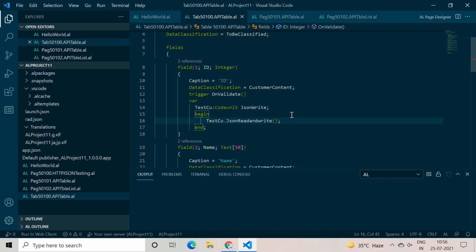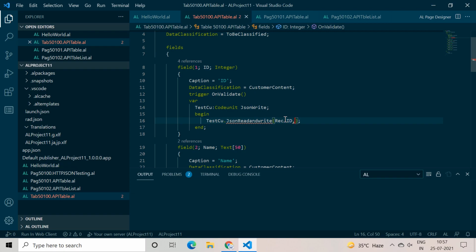All right, but now our requirement is that as soon as the user inputs this ID, we need to pass the value of this ID to this function. So what I can do is pass the ID field in this function.